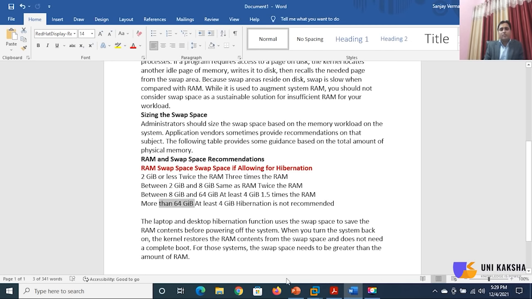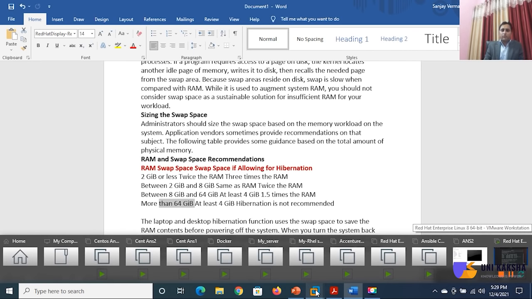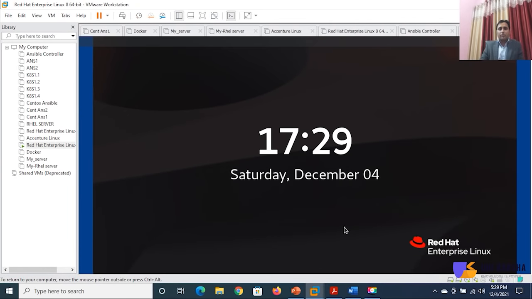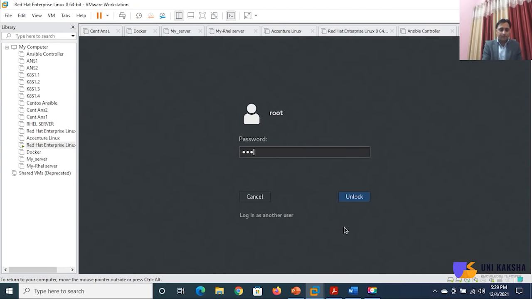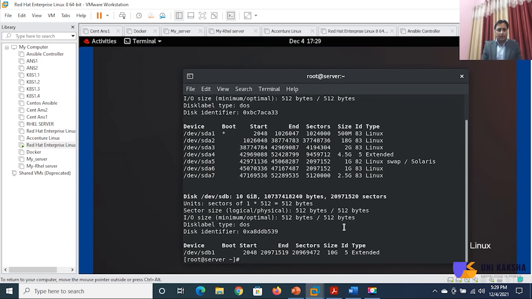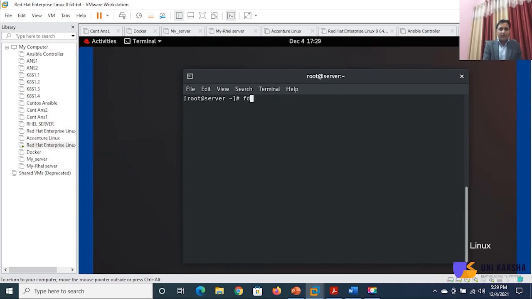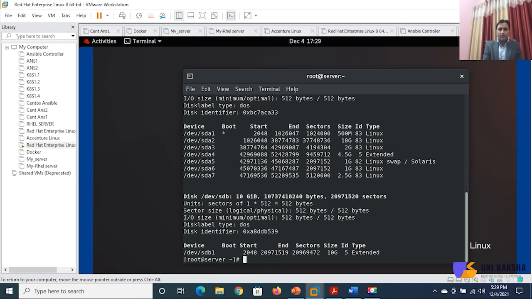So now the point is how to create a partition. We know that. Same thing, how to check the swap space. This is my RHEL server. If I run fdisk -l, you can see this is my swap partition.